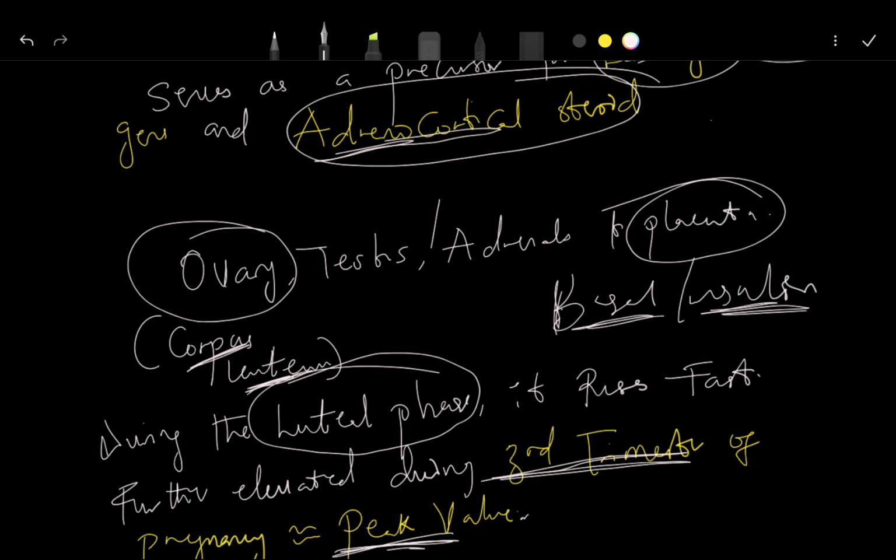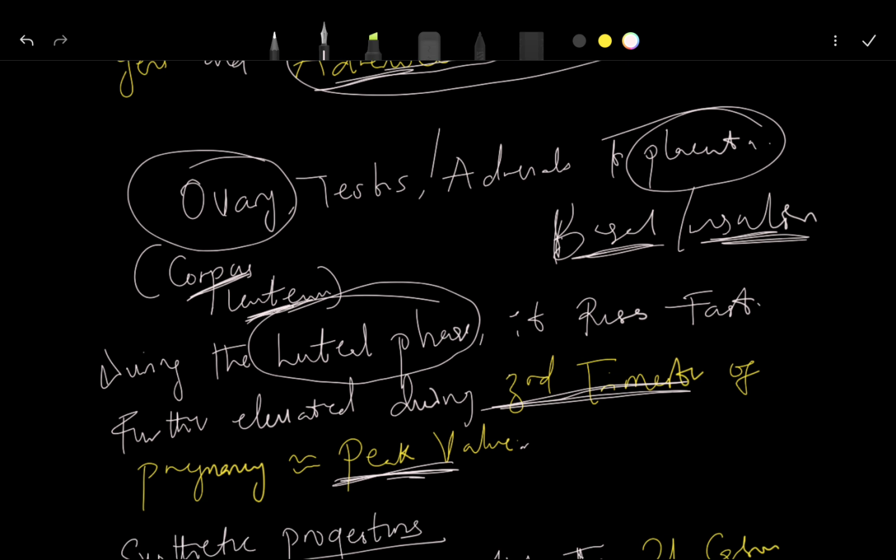Then also progesterone tends to make your respiratory centers more sensitive to carbon dioxide. So that will lead to deeper breathing. And by so doing, if you measure the arterial CO2 in a pregnant woman, you will notice that it will be low as compared to a non-pregnant woman. Also, progesterone, in terms of its physiological function, has an effect on body temperature. It tends to increase body temperature. However, the mechanism for that is not yet known.